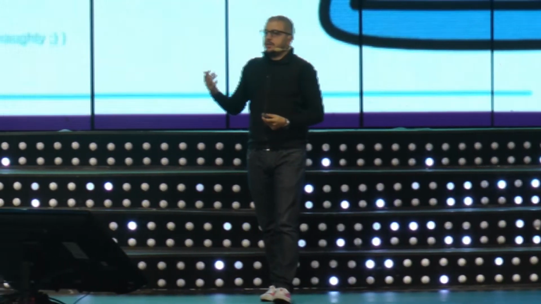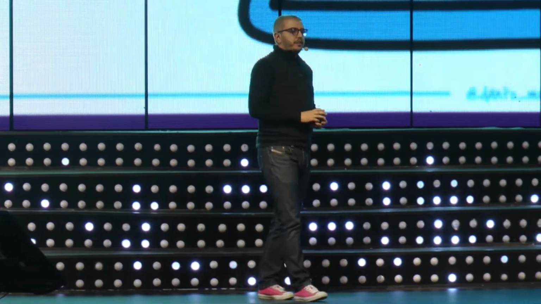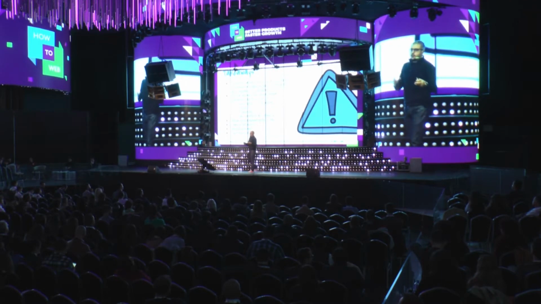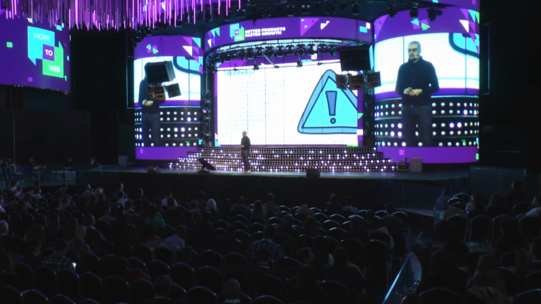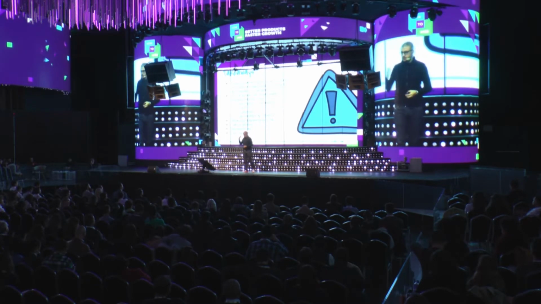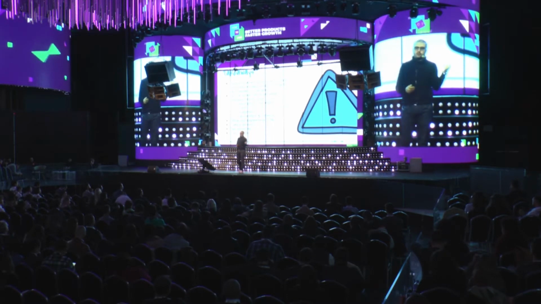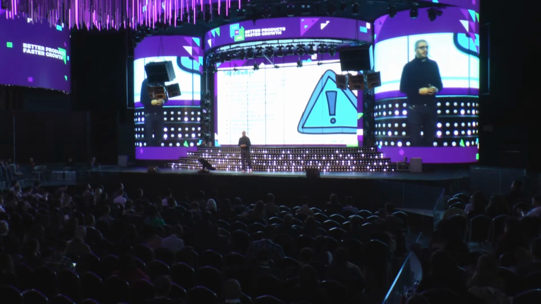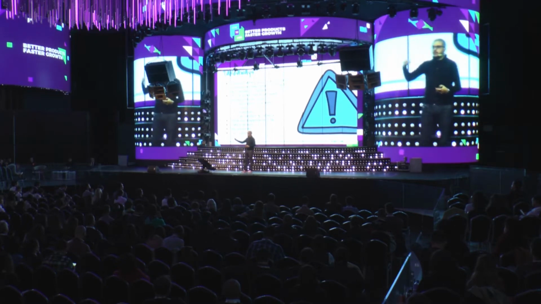Then run experiments. And Sean Ellis talked about running experiments this morning. And it's very important to be very good and very disciplined at running experiments. An experiment usually follows these steps that you see behind me. First of all, you need to define what's the assumption that you want to test. Don't just run an experiment for the sake of running an experiment. Be very clear of what you want to learn.